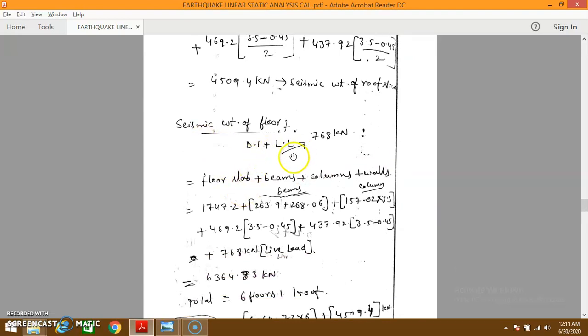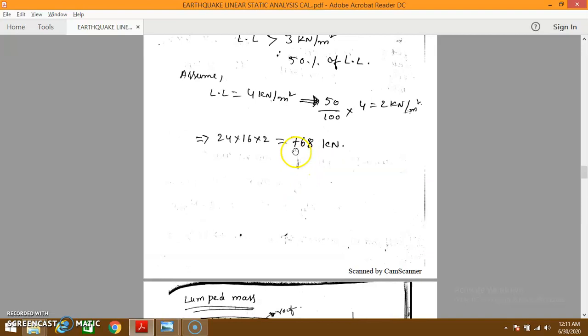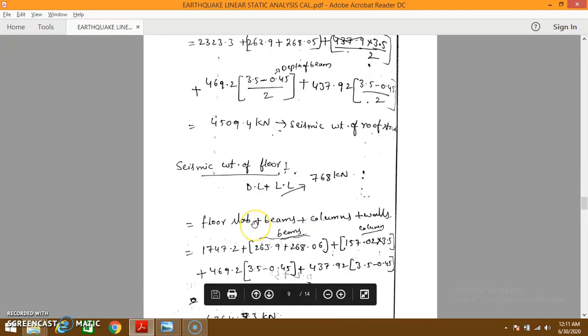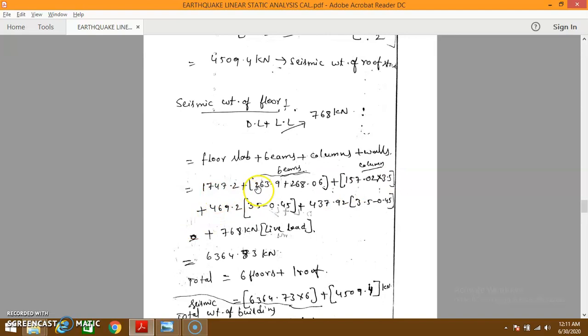Dead load plus live load. Live load we already calculated, 768 kilonewtons. Floor plus beam plus columns plus walls. Floors already calculated. Beams also, we have two types of beams, longitudinal and transverse. Columns,